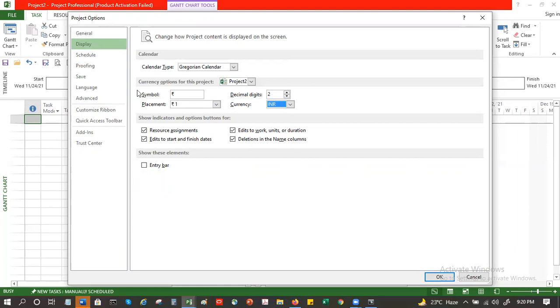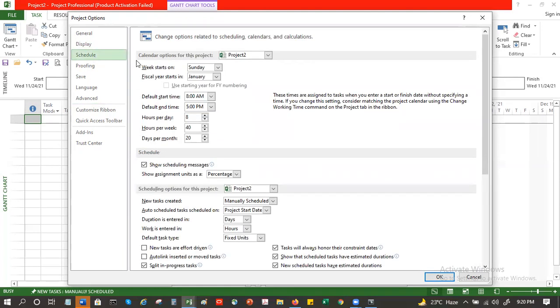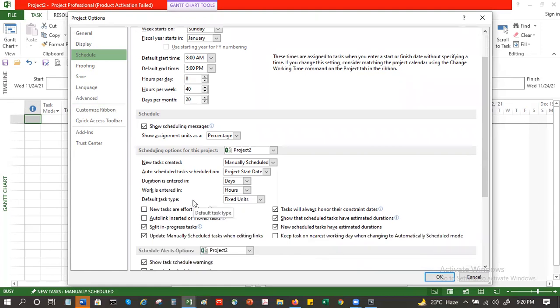Okay. And in case you want to change the schedule hours, like when does week start, or default start time, end time, hours per day, hours per week, days per month. Okay. So these are the default settings which you can change as per your requirement in the project.